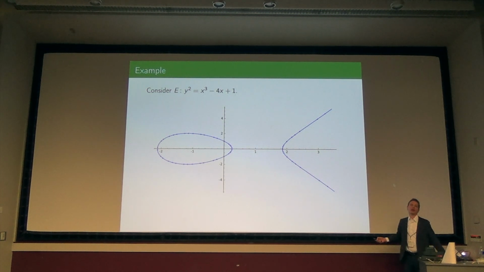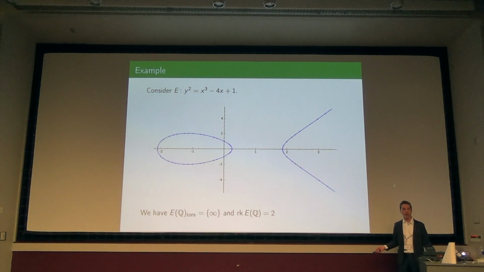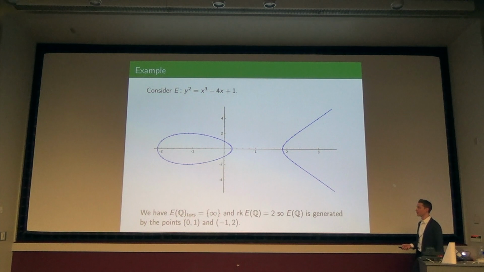And here are a bunch of rational points. Now, atypically for this elliptic curve, as I just alluded to earlier, it has rank 2. And in this case, it has no torsion. So every point has infinite order. There's no point that I can double or triple or something and end back at infinity. Those are separately cool. But the statement here is that E of Q is generated by 2 Z-linearly independent points, which could be this point (0, 1) and the point (-1, 2).